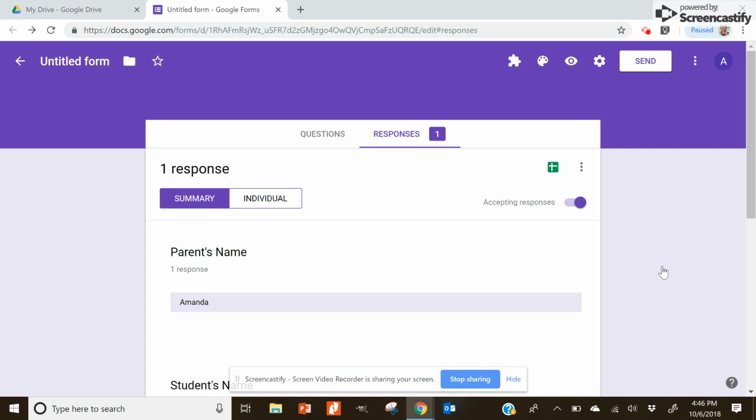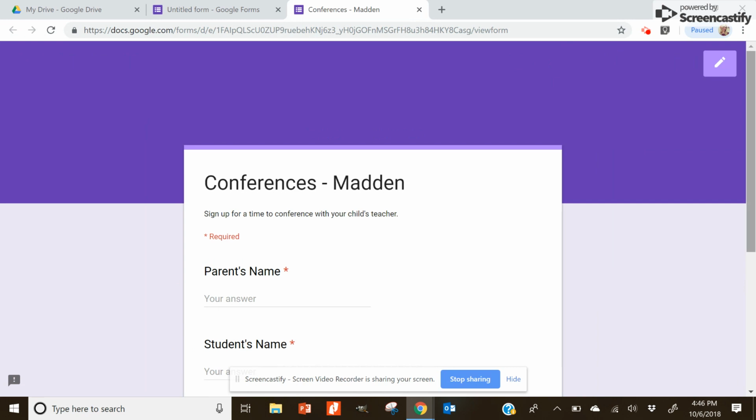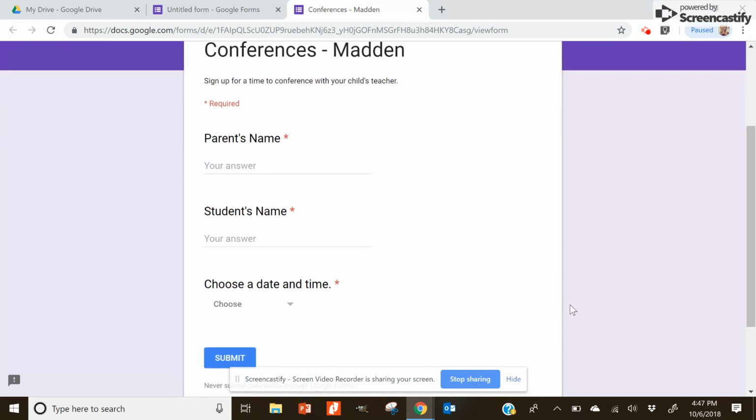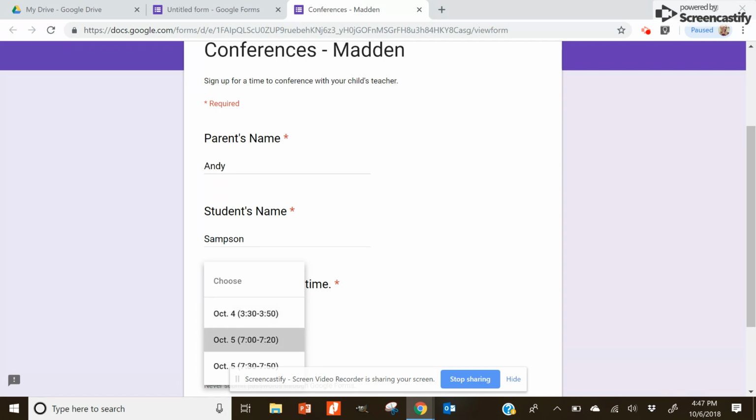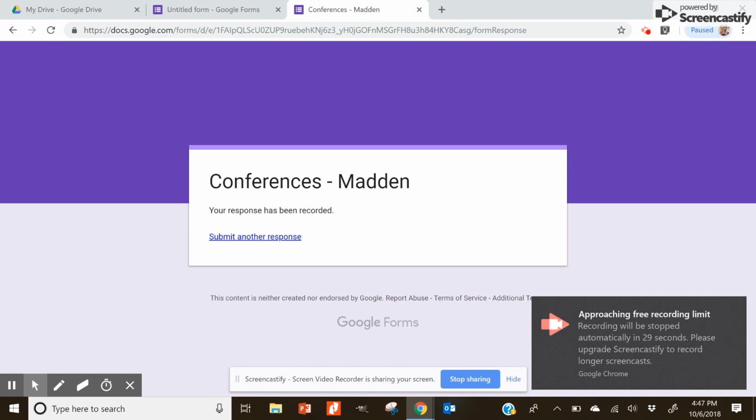Now I am going to click on the eyeball up here to show you that if another parent goes and looks at this form and completes it, so let's say that Andy is completing this for his son and he goes to choose his date and time, that now instead of 4 dates and times, there are only 3 here. October 4th at 3 o'clock no longer shows because that time has been eliminated. Someone else has already chosen that, so it's no longer an option. So he would choose his date and time and submit. So I hope that that is an easy way to